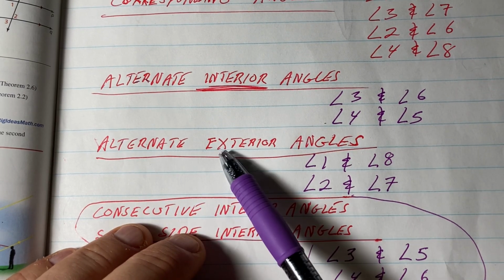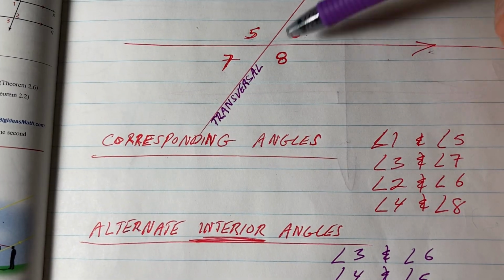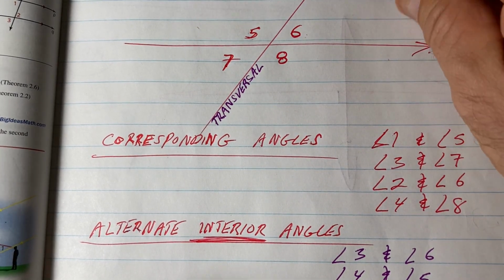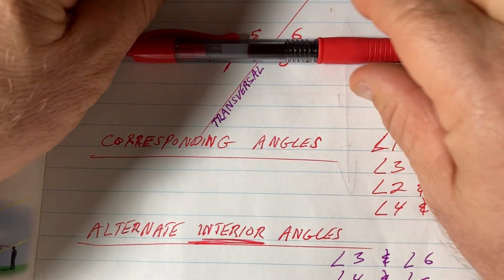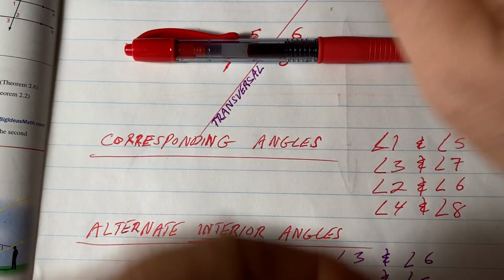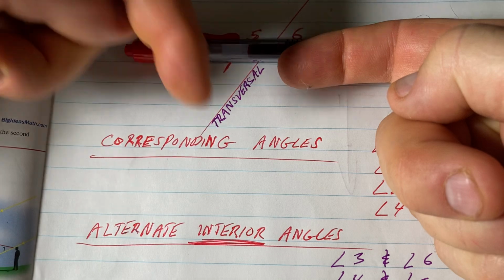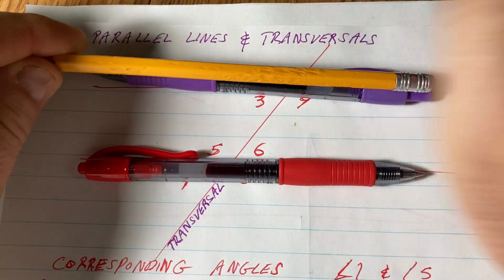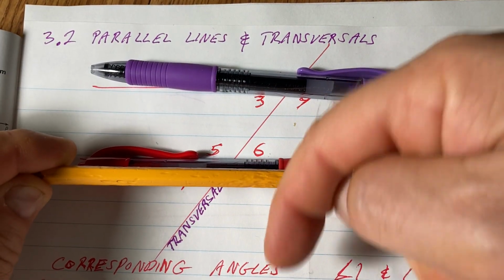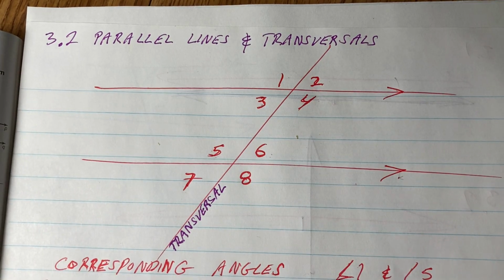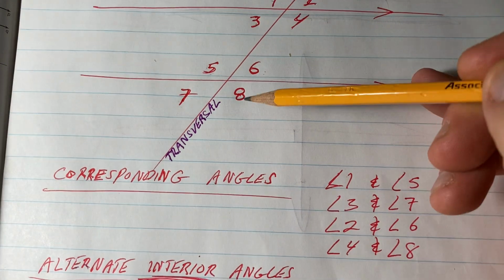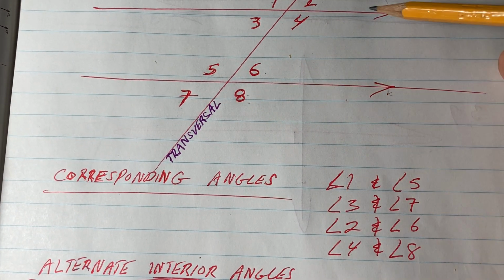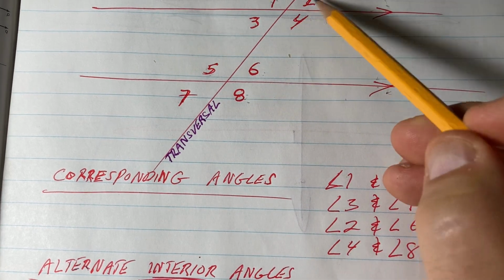Same thing for alternate exterior angles. 1 and 8 are on alternating sides of the transversal and they're on the exterior side of these parallel lines. They're on this side of that line and on this side of that line. So angle 1 and angle 8 are alternate exterior angles. As long as these lines are parallel, 1 and 8 are congruent, 2 and 7